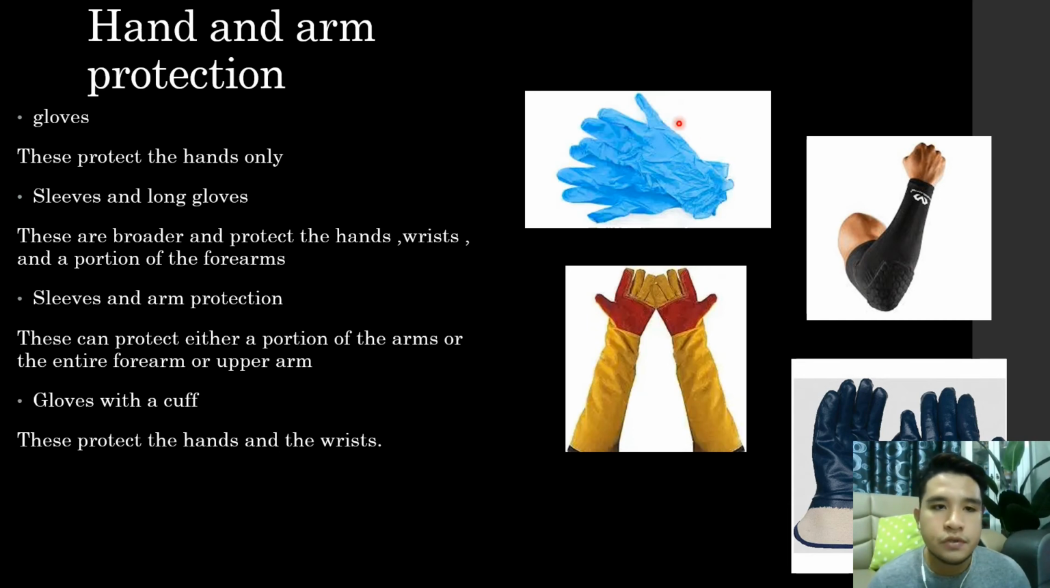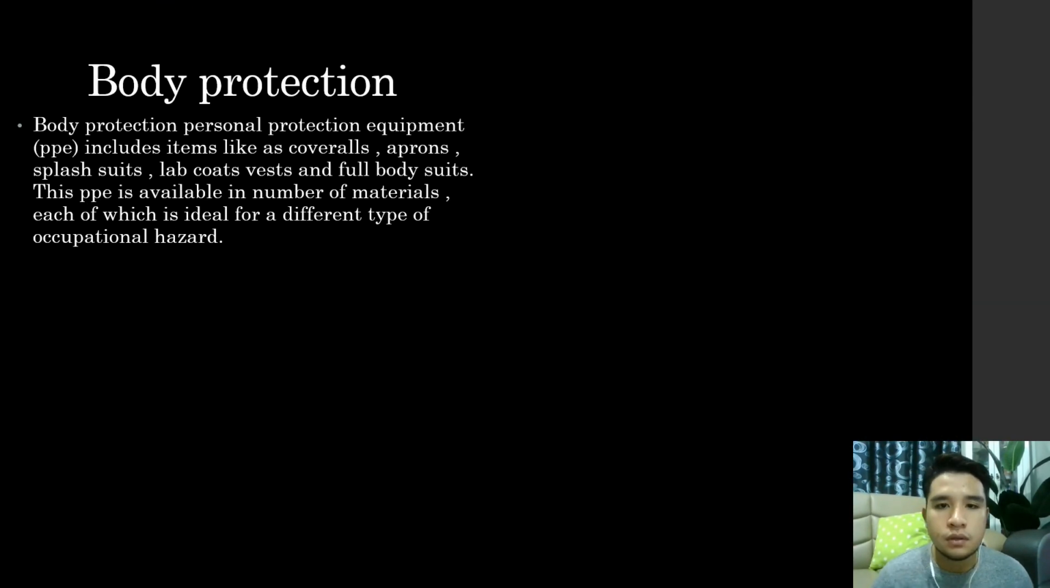And this is the picture of glove. This is a sleeve and long glove, and this is a sleeve and arm protection, and this is glove with a cuff. Next I continue to the body protection. For body protection, personal protective equipment (PPE) includes items such as coveralls, aprons, splash suit, lab coat, vest, and full body suits. This PPE is available in a number of materials, each of which is ideal for a different type of occupational